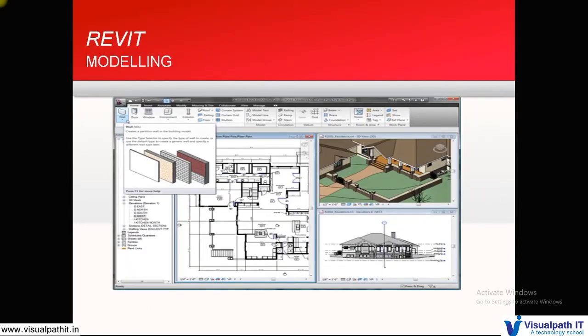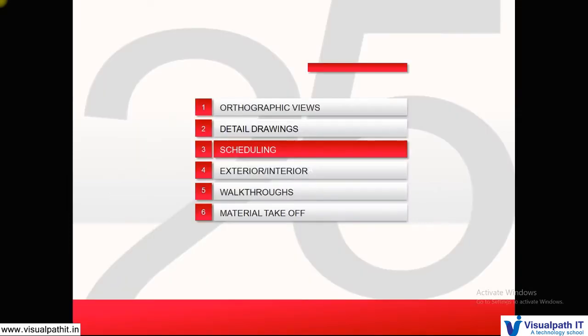Now, coming to Revit modeling, you can see the screen. In Revit, 2D can be done and 3D can be done simultaneously. Sectioning, you need not draw manually as you do in AutoCAD; automatically the sections will be cut and the quantity will be generated simultaneously. So all these things happening simultaneously in Revit is what we say 3D. Plan you need not draw. If you have a plan in AutoCAD, you can bring it here directly. So all this coordination is done simultaneously, which will help you in modeling easily. Okay, so now what is Revit going to generate?